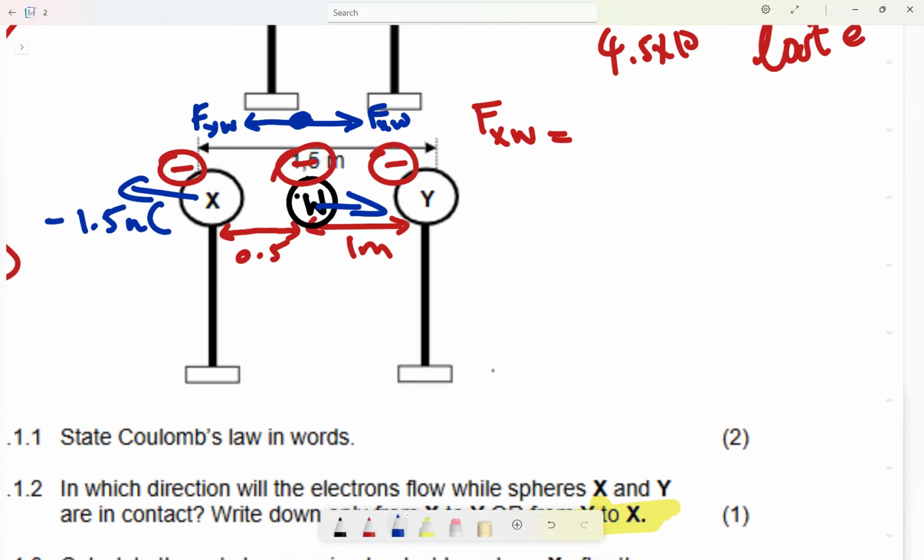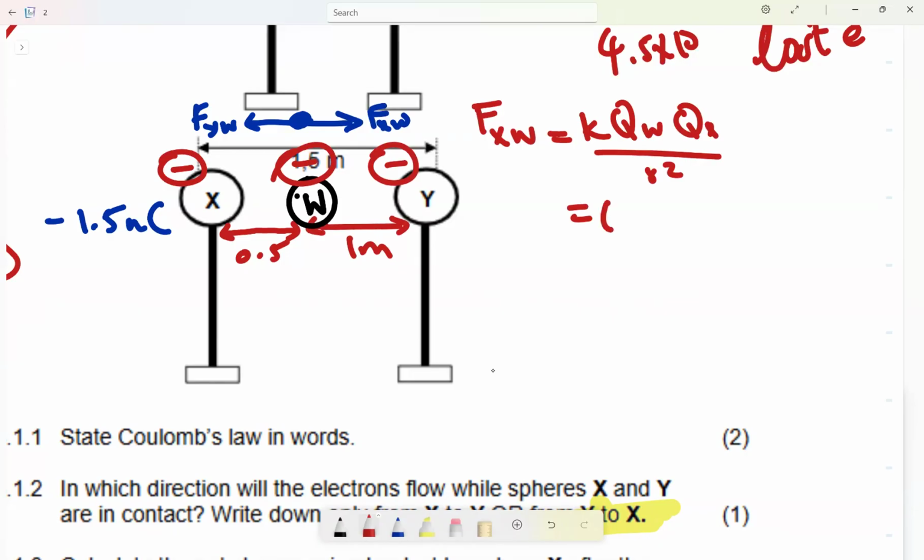But since we are calculating the net force on W, we are concerned about the direction of W. It's going to be to the right. Therefore, between the two, they will repel like that, but we are concerned about the direction of W. So can you see? Force XW is going to be K QW QX divided by the distance between them